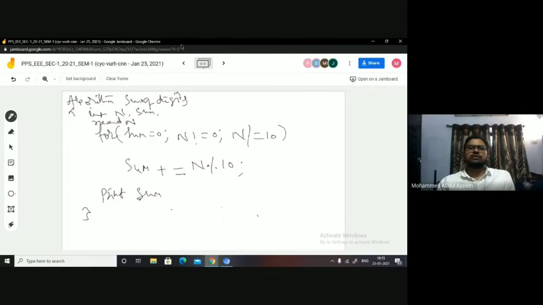This is my algorithm. The algorithm has been reduced or not? Number of statements are reduced, amount of space is reduced. So the same I wanted you to do with the help of while and do while. I can do it using while and do while also, yes or no?